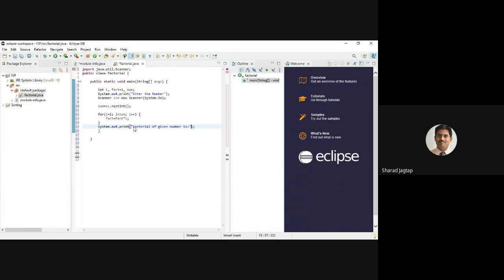Okay, so in double quote again, sorry, here the double quote is completed. Outside that double quote we can write fact, that is our value which we have calculated.